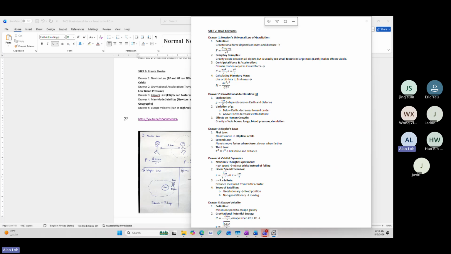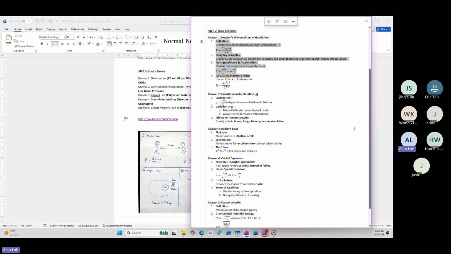So what you need to know is that there are 5 drawers, and now break it down into each drawer. You have key points. For drawer number 1, you have 4 key points, right? Drawer number 2, you have 3 key points. If you do not understand fully after reading it, it's fine, because you are still in level 2. You are not in level 10 yet.